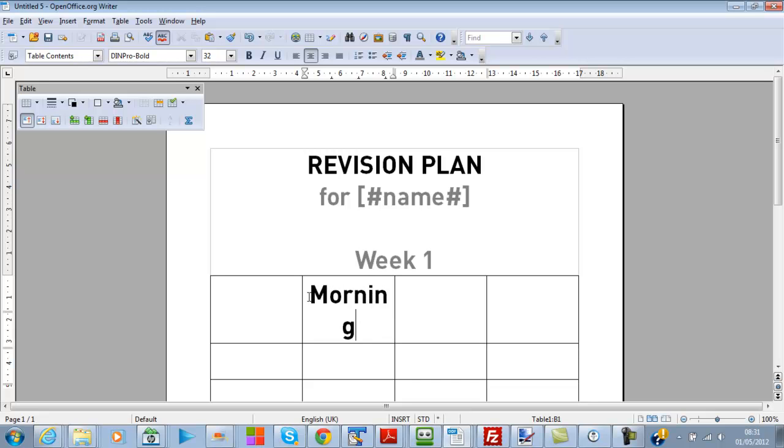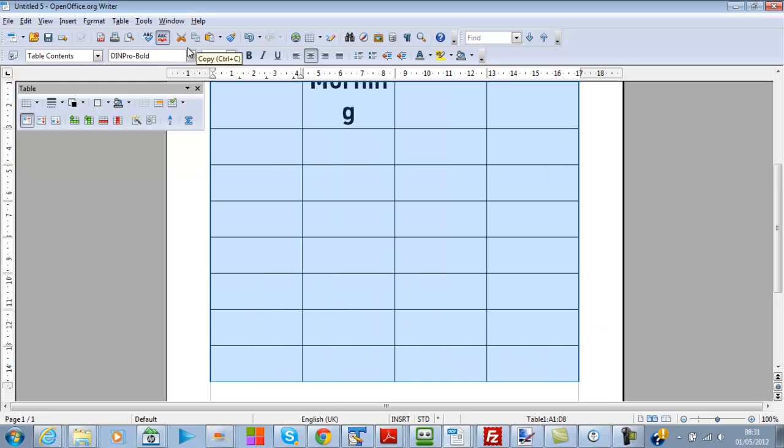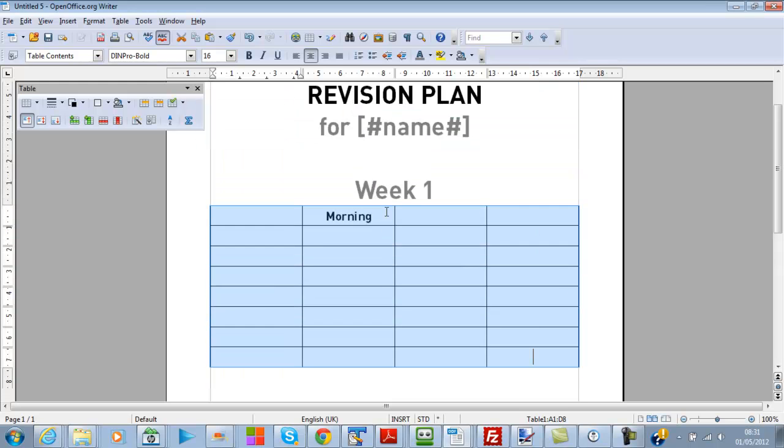Oops, let's just make all of this smaller. It's a little bit too big. There we go. So we've got morning, afternoon, evening. Those are the 3 slots for revision on every day,